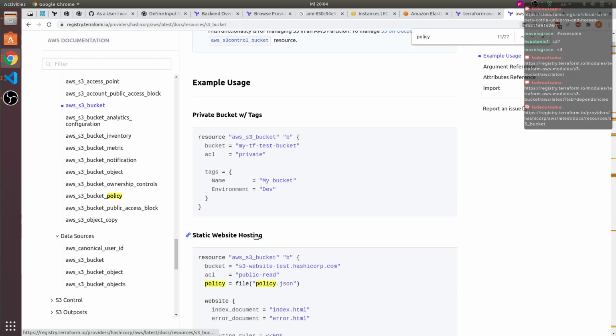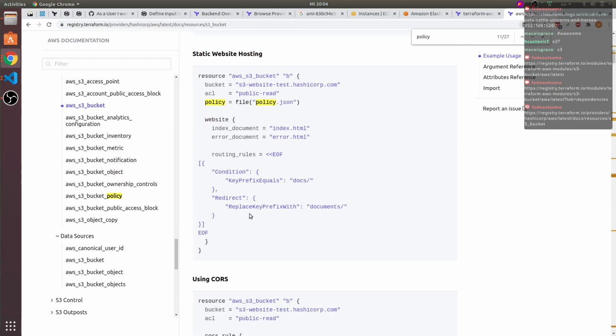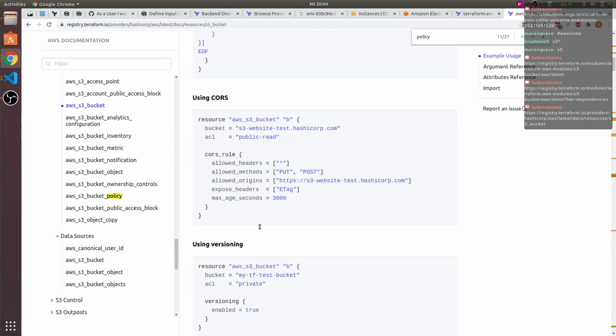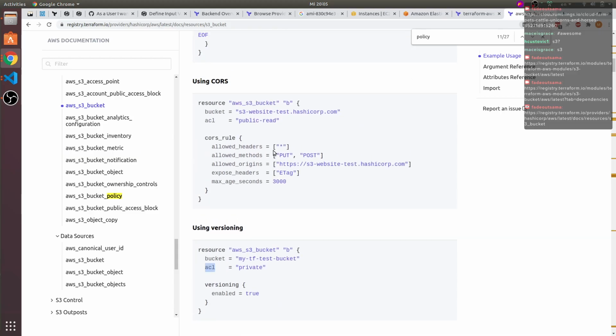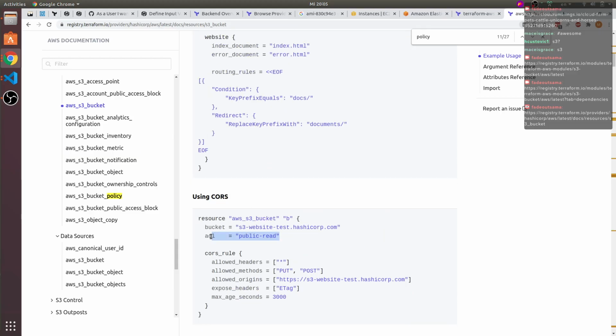Private bucket with tags. So we can do a private bucket if you guys don't mind. Routing rules, using CORS, using versioning, enable logging. ACL, this is it. ACL public read.